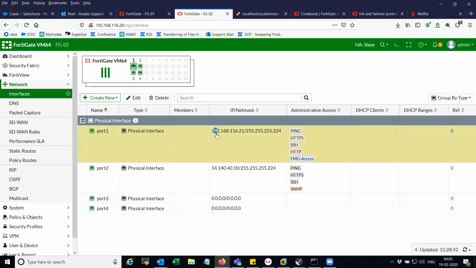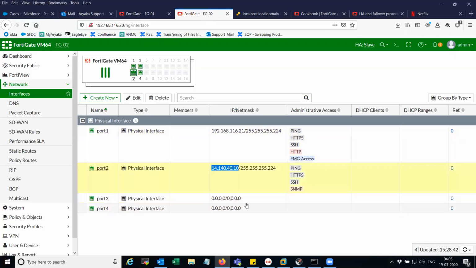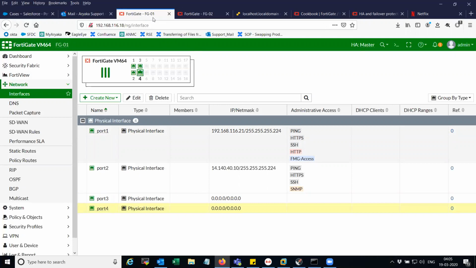Interface 1, 192.168.116.21, and then interface 2, 14.140.40.10, and port 3 and port 4 are both used as HA interfaces for the Fortigate clustering protocol to function properly. All right, guys, so